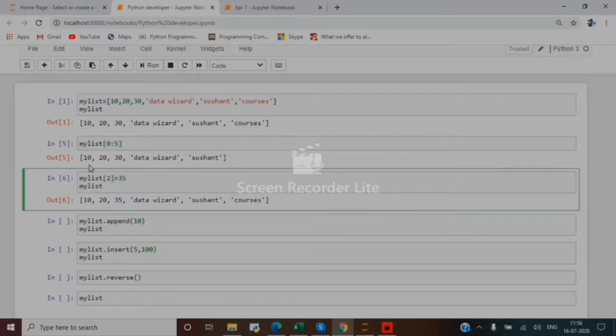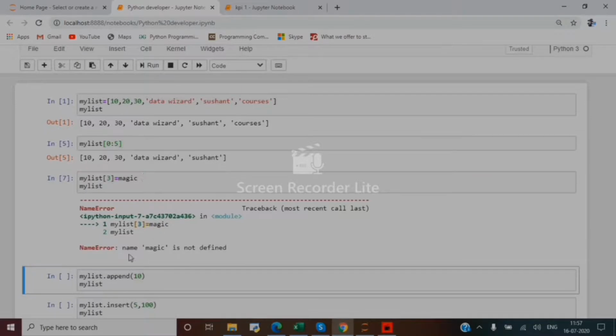This is one method where we can do this by using the indexing part. And now apart from numbers, you can even change the strings which are present in the list. For example, if I want to replace data wizard, I'll check the index of data wizard, which is 3. I will provide the number 3 over there, and I want to provide something called magic, and I will make one error so that in future you won't get that error.